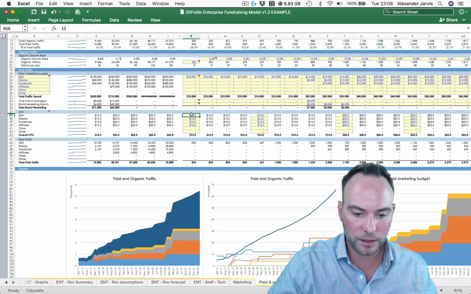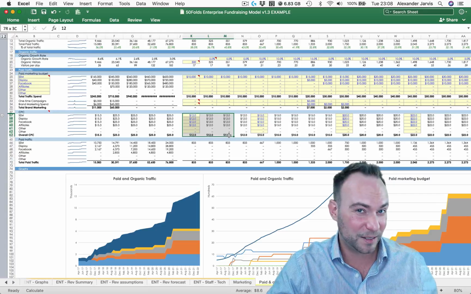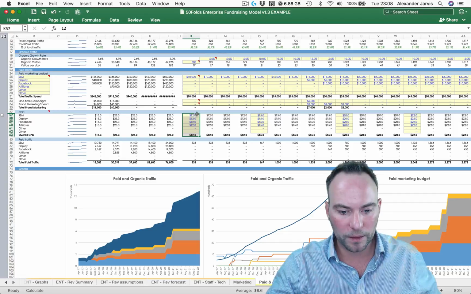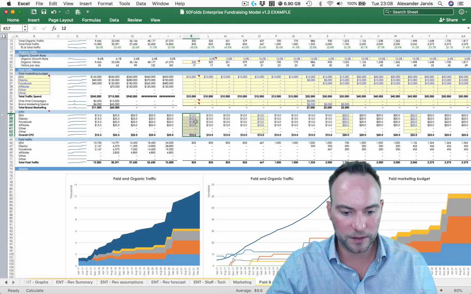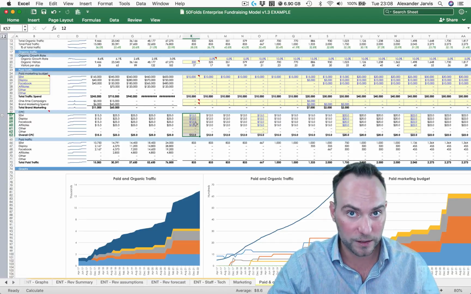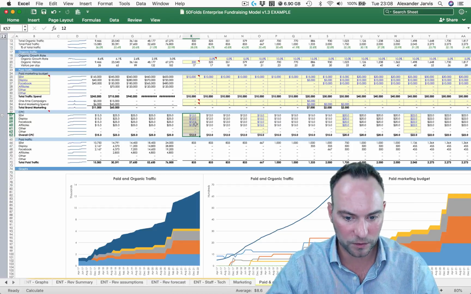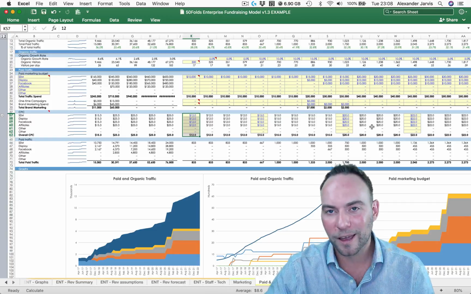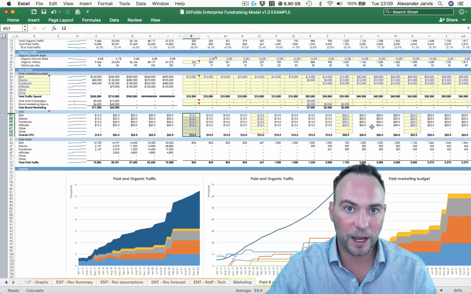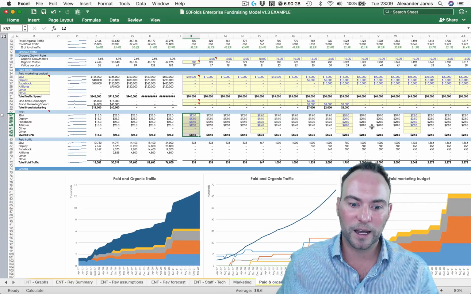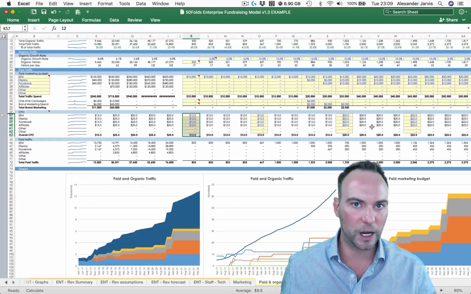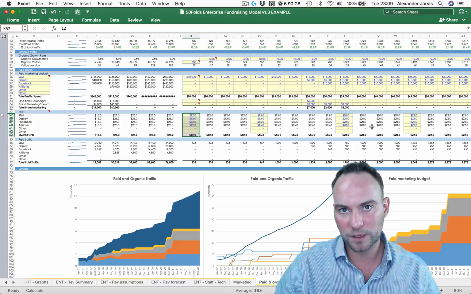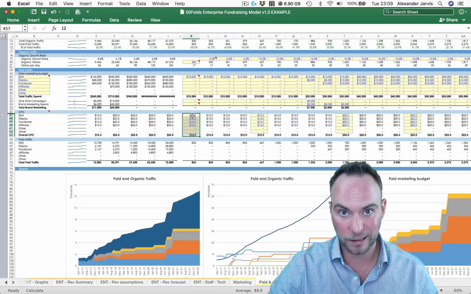So for most consumer, maybe SaaS businesses, this stuff matters. For enterprise, who cares? But do some analysis, figure out what this is. Talk to your agency or talk to your CMO and get these numbers right and figure this out. Maybe you just want to give them a sheet and be like, dude, just fill this in for me. I don't want to care. In many fundraisers, I have actually just got the CMO or agency to just put all these numbers in for me to make it easier for the founder because they don't necessarily know all the details.